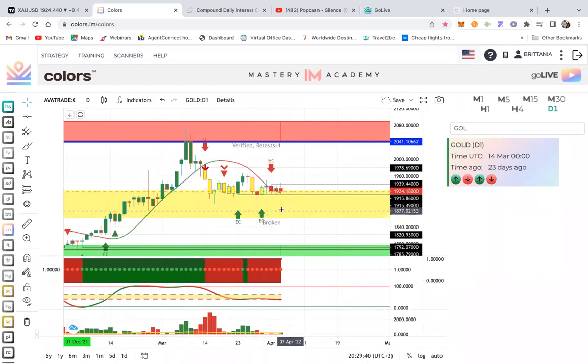This morning, if you were on the call, you would have seen a BM right here, right? But the BM disappeared because we have a little of sellers creeping in, right? So here we have double EC, which means that billionaires have their money sitting underneath this structure, and it means that buyers' momentum is sitting right underneath here. So gold is struggling to break below this area right here. As you can see, these wicks right here, they did try, and then the buyers just pushed the price back up, right?